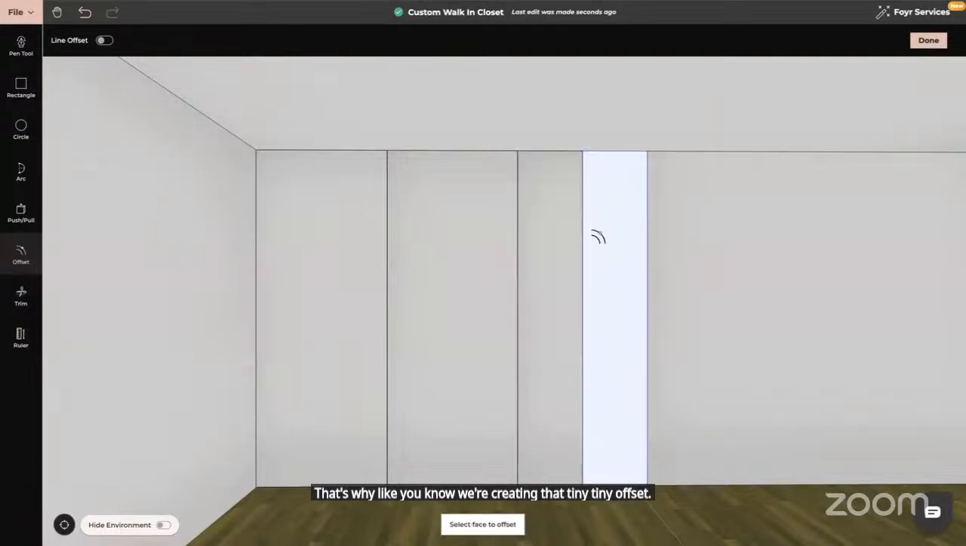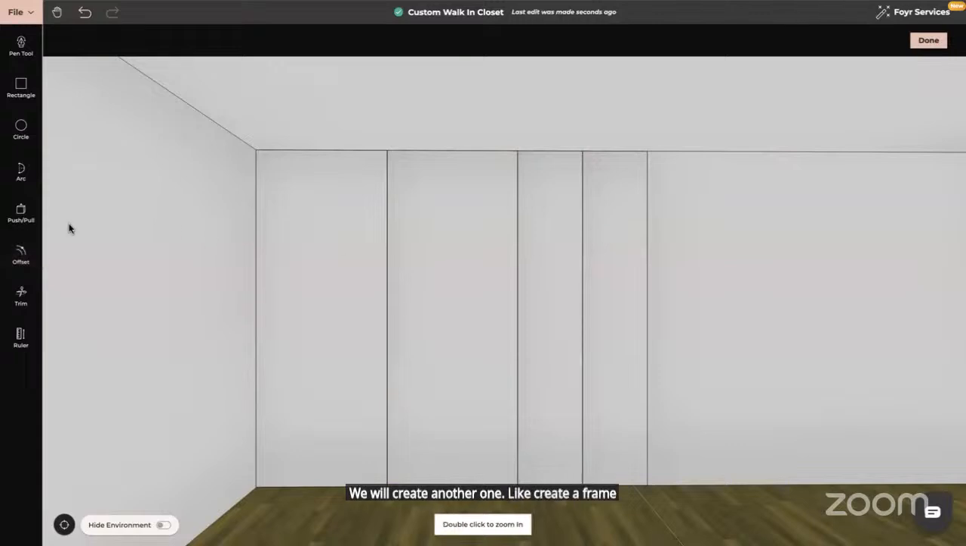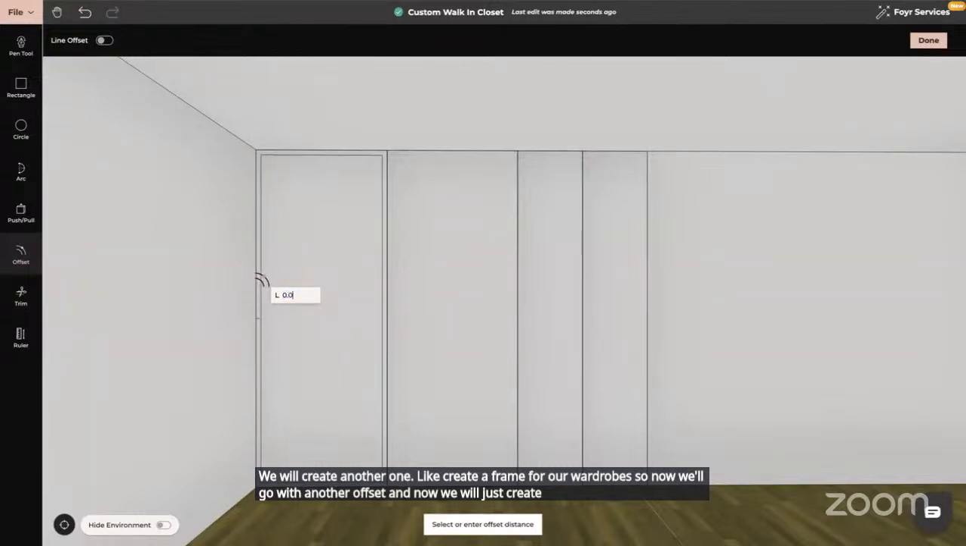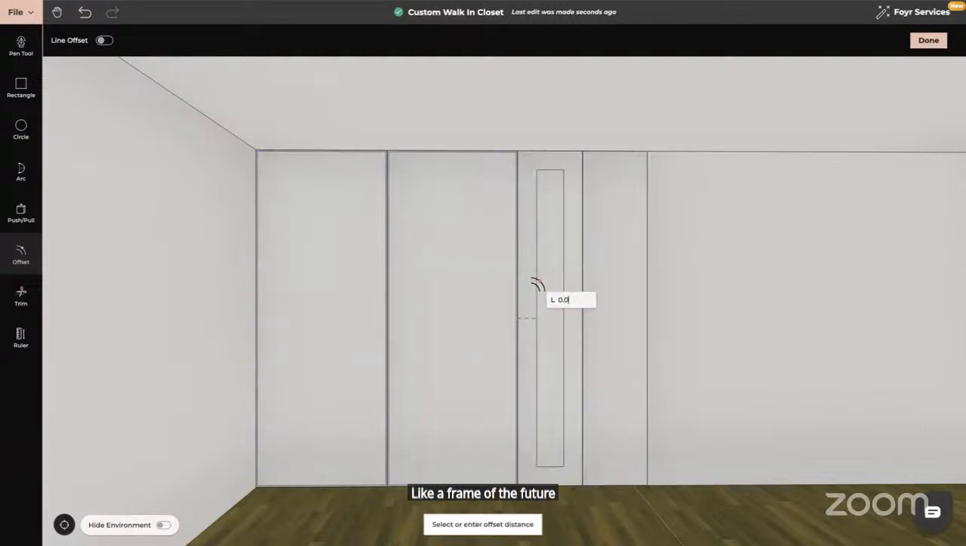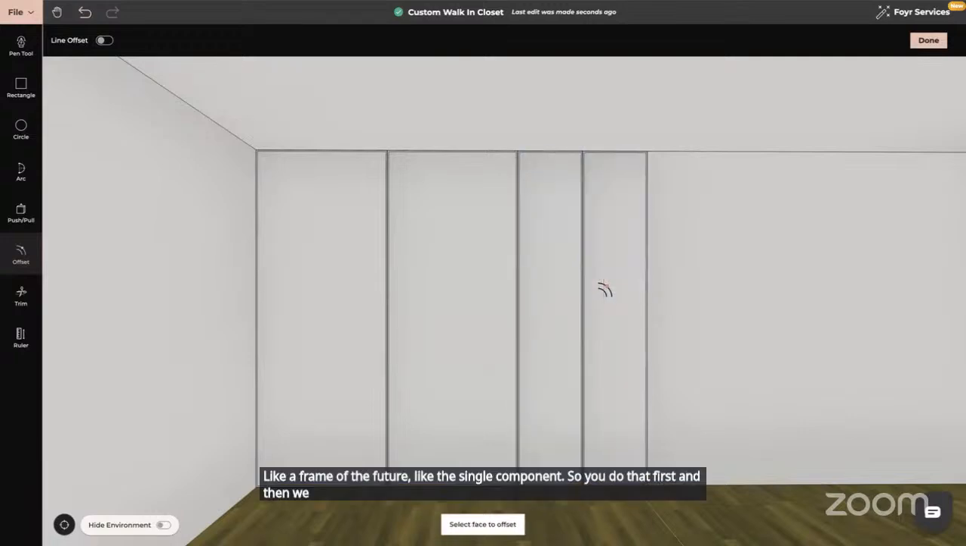We will create another one just to create a frame for our wardrobes. So now we'll go with another offset, and now we will just create a frame of the furniture, like the single component. So you do that first, and then we create drawers, because as we know, the drawers are always going